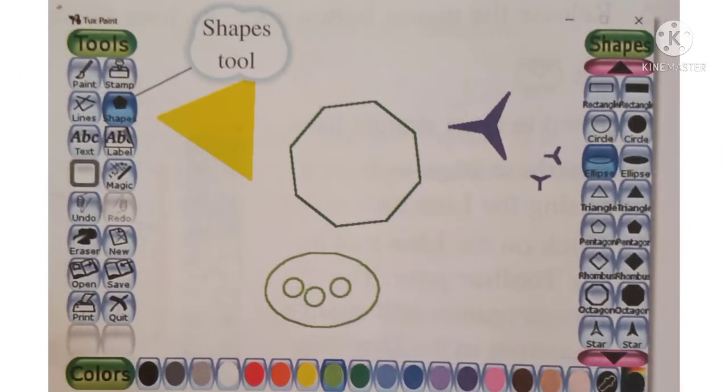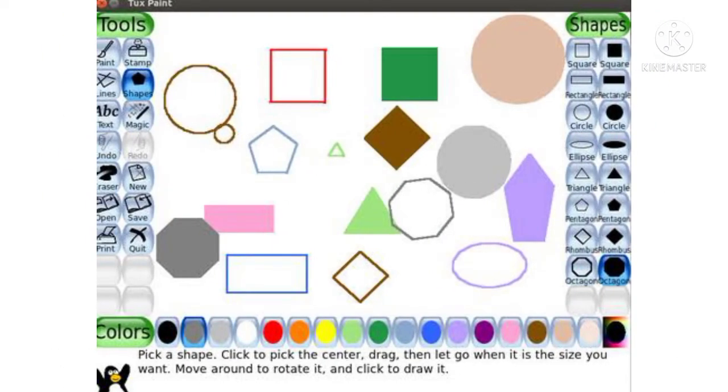Shapes. It is used to create simple filled or unfilled shapes. Follow the steps to draw a shape using the Shapes tool. Number 1. Click on the Shapes tool in the toolbar pane. The mouse pointer will change to a cross in the drawing canvas. Number 2. Select a color from the colors palette. Number 3. Click on the desired shape in the selector pane.